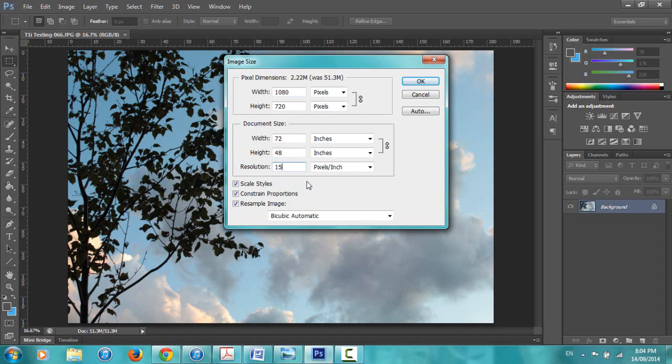So we can change that to 150, which would be good for newspapers or other less fine-detailed printing. You can change it to 150 pixels per inch, and notice how much this is changing, trying to keep it the same size, and how big that is now. And even better, what you use when you're printing real photographs, or for a yearbook or magazines, any of that kind of stuff, uses 300 pixels per inch. Okay, so as you can see, we're up to almost 900 megabytes for our file size. So that is huge and completely unnecessary.